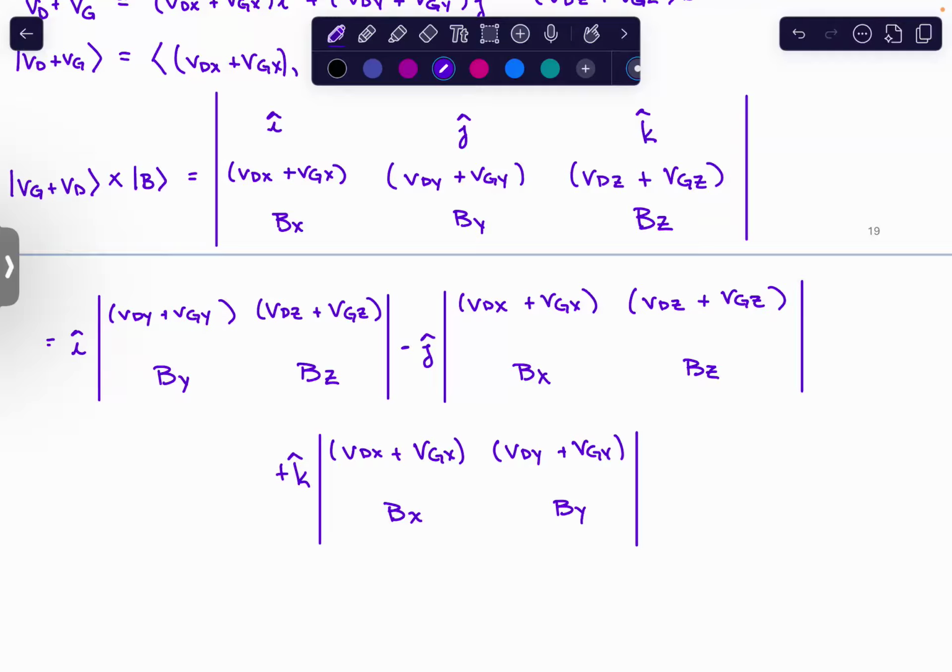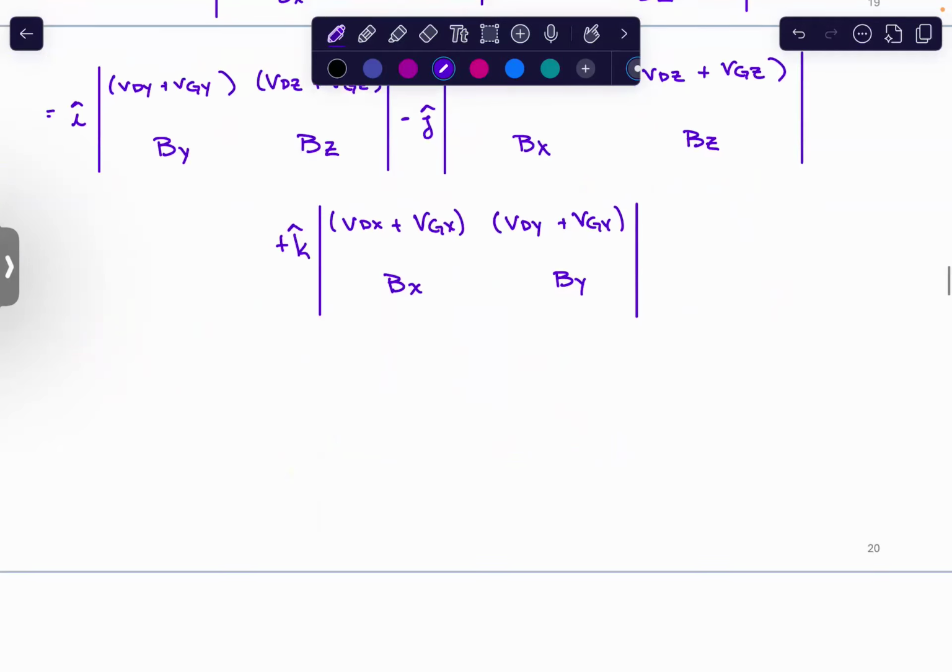Cross together. Yeah, you cross multiply and you subtract. Oh, okay. Well, you butterfly it. Okay, so our i hat